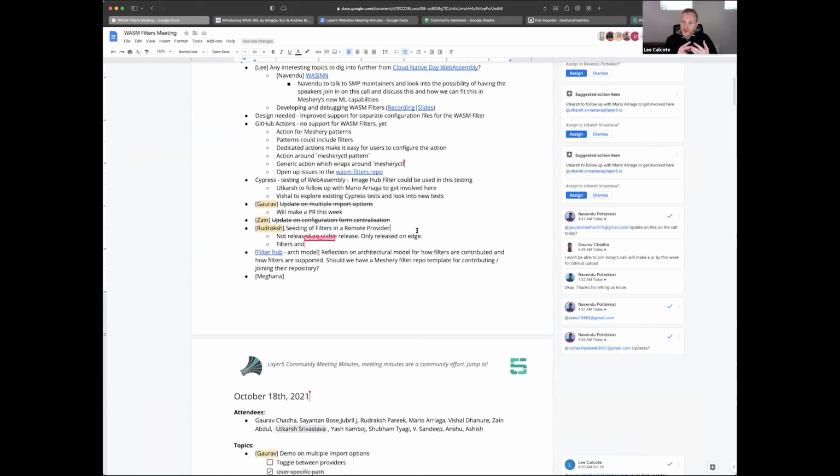And then Utkarsh, do you know, are any patterns being seeded? I think the patterns are being seeded. Nice. So Piyush will give that a test, at least to confirm filters. There should be about 5 or 6 of them that get imported.